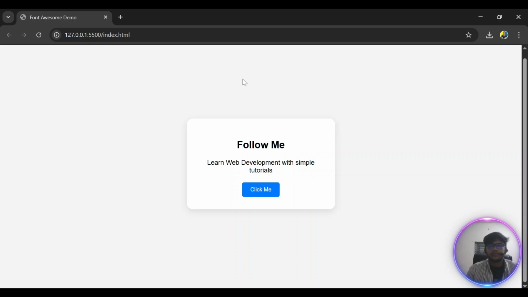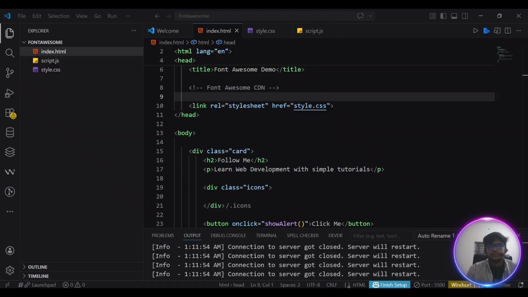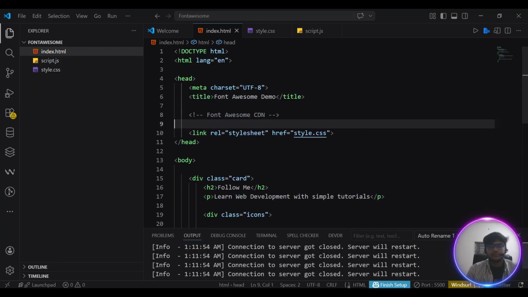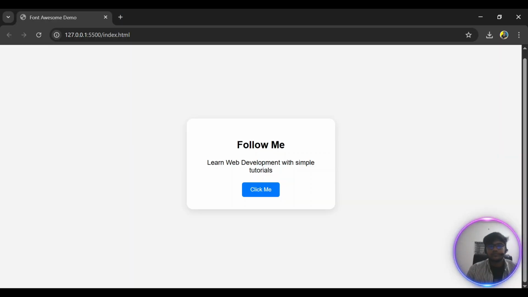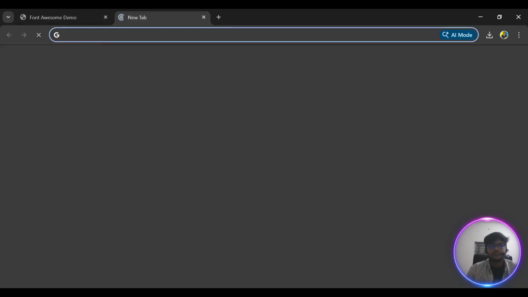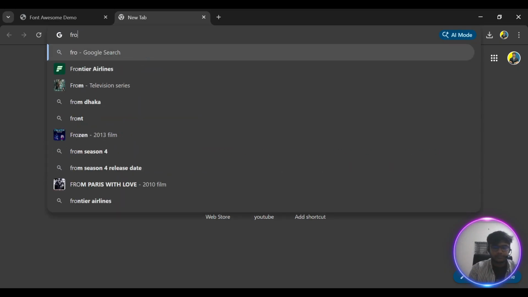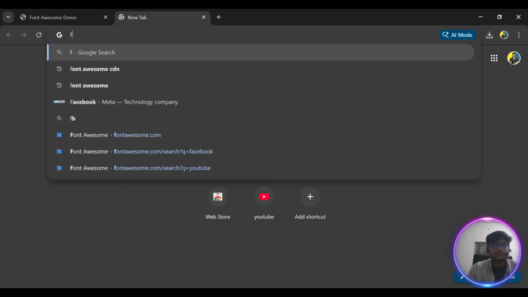Hello everyone, today we'll show you how we can import icons in our existing HTML, CSS and JavaScript code from Font Awesome. So here is our code snippet. We can see that. So we need actually two websites. One is fontawesome.com. So we type fontawesome.com,